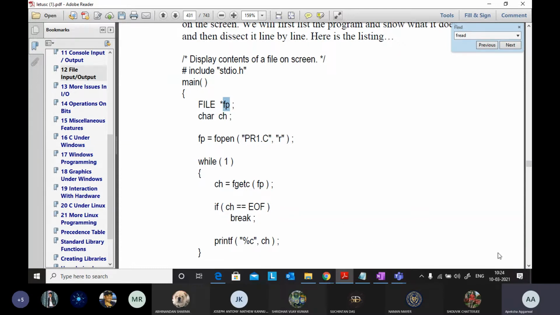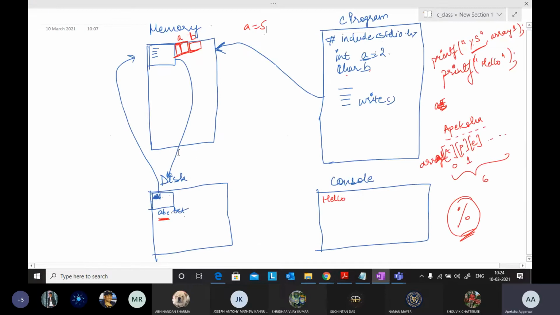Now ch is equals to EOF. Whenever you specify that this is a file, or this is a variable, or this is a string, in a string you always have a null character at the end. But if it is a set of characters, you don't have this null character at the end. Similarly, if you specify a set of bytes as a file, you always have an end of file. End of file specifies that your file is ending at this byte. These bytes are the content. Everything is stored in the form of bytes: first byte, second byte, third byte, and in the last byte of the file, end of file is stored.